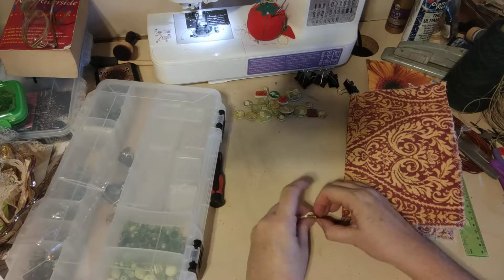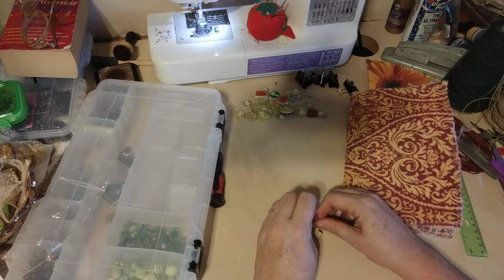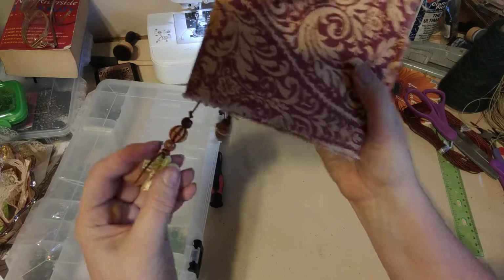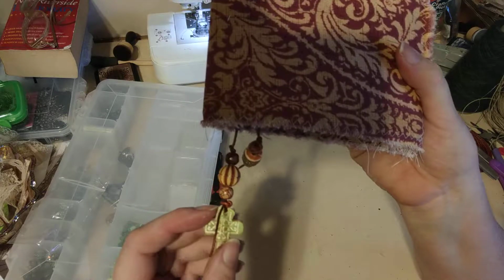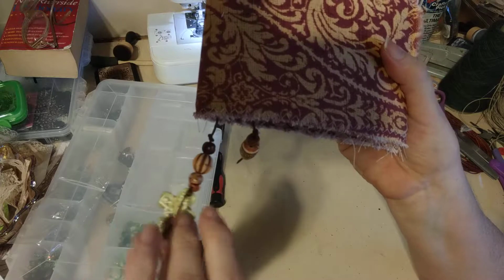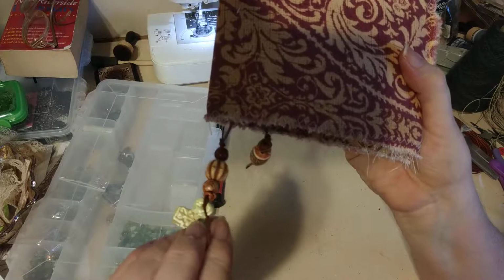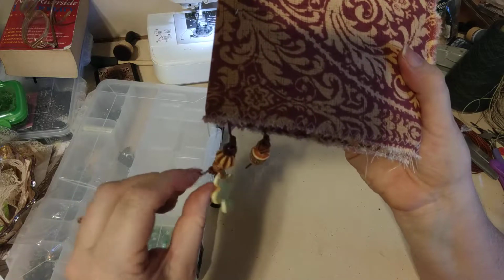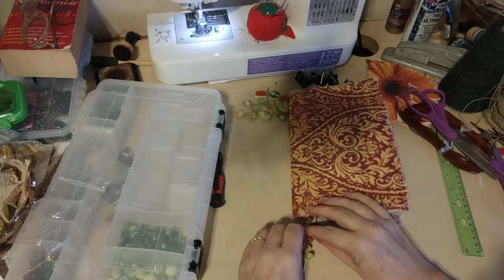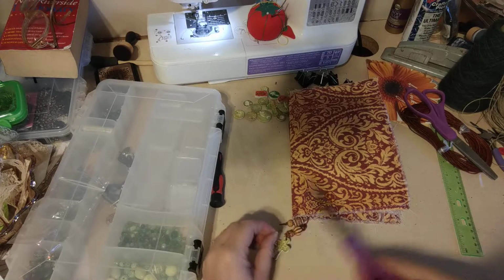Okay, here we go. And I think I'm going to put just a little dab of glue on there after I cut it. Okay, so I'm going to show you before cutting it. Here's what I did, and if you know of a better way, do it, because I don't really know what I'm doing. But I've got my beads here, and then I've got this tied, and I left it a little loose. Could you see how I made kind of a loop for it? Okay, and then I'm going to trim it really close, and I'm going to put some glue there to keep it from coming apart. I'll use my Crafter's Pick Ultimate glue, because